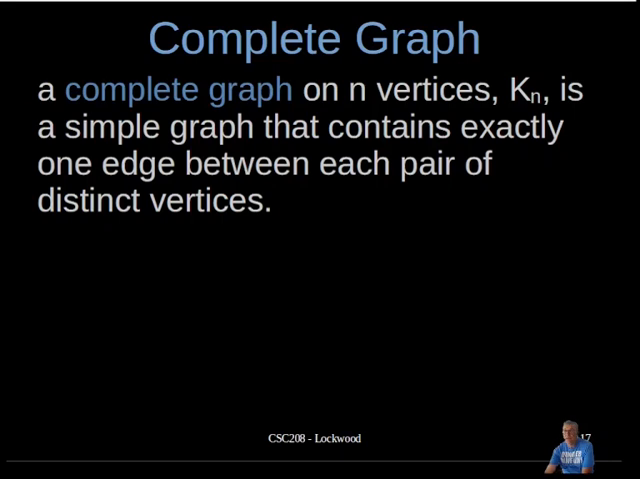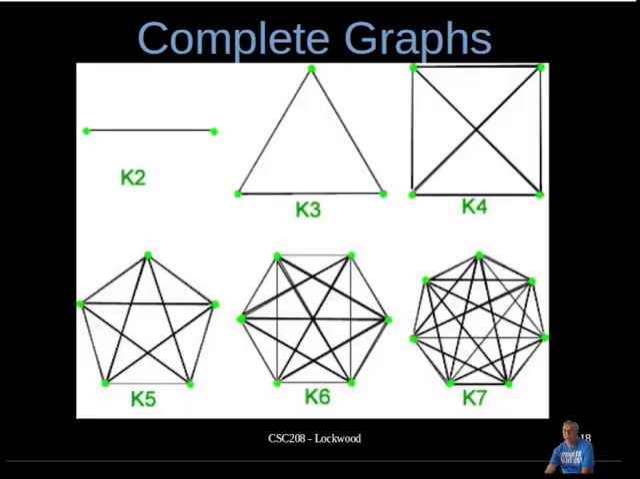So let's look at some of the complete graphs. K1, haven't drawn here, it's not really that interesting. K1 has one vertex and no edges. Some texts show it, some don't. K2 has two vertices and one edge. K3, three vertices and three edges,